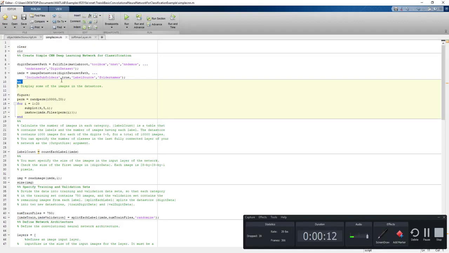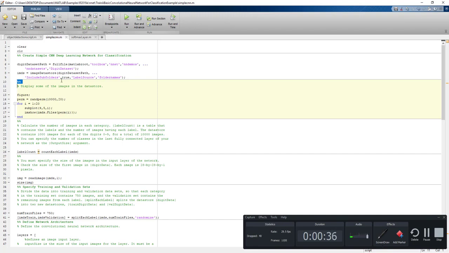Today, what I'm going to teach you in this video is how you would be able to create a very simple convolutional neural network, a deep learning model in MATLAB. You know, MATLAB is a very interactive platform, and there are many built-in functions already available in MATLAB. So it's a really good, easy platform to start understanding the deep learning concept.